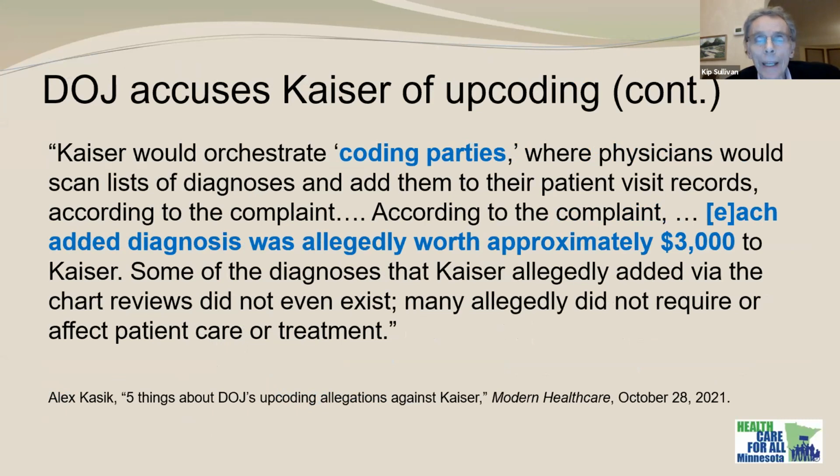Kaiser held coding parties where physicians would sit around and look up new diagnoses to add to their patient visit records to make them look sicker. And the DOJ is alleging that every added diagnosis is worth about $3,000. So you see the problem here